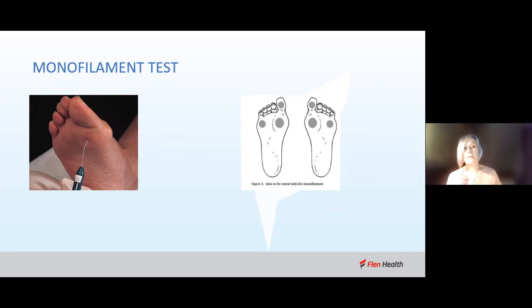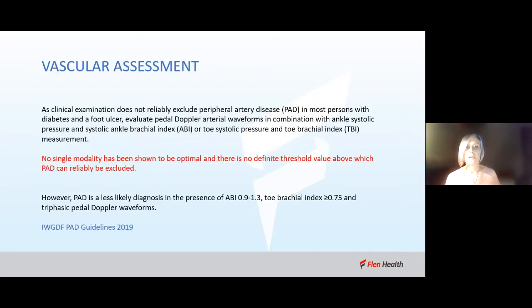I think that the neuropathic testing is probably a lot easier than the other biggie that causes diabetes foot disease, which is peripheral arterial disease. It's very common in people with diabetes. The blood vessels become blocked much younger. They become blocked at a lower level, which makes them even harder to revascularize. They're not as amenable to angioplasties, more likely to have a bypass, and